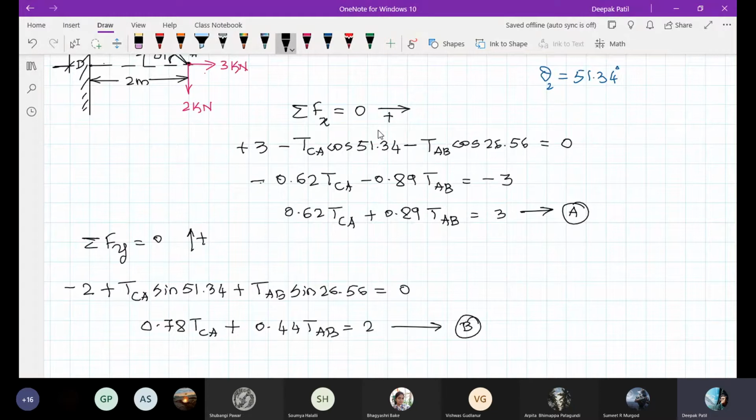Yes, students, now you are stuck here. You have used both the equilibrium equations which were available to you, and you got two equations which involve two unknowns, and you can't proceed further. So what should you do now to get these unknowns? There are two equations with two unknowns. How to go ahead with this?